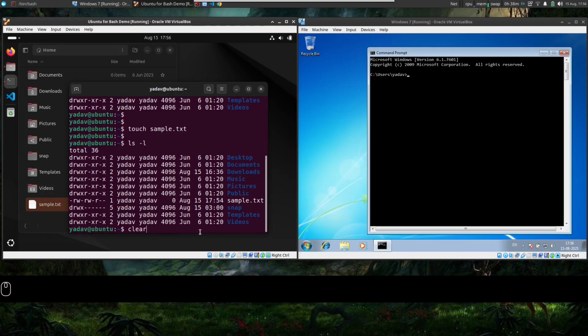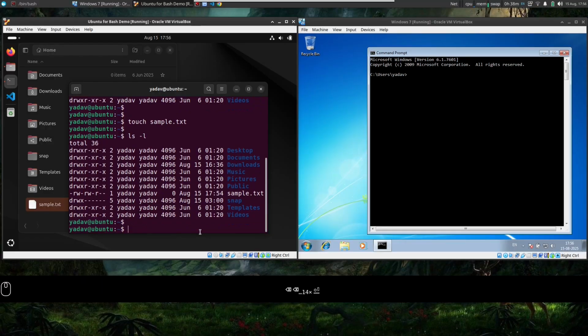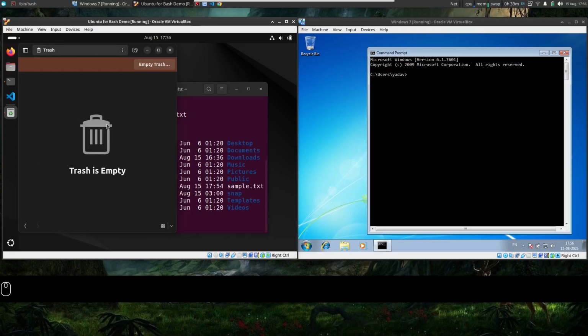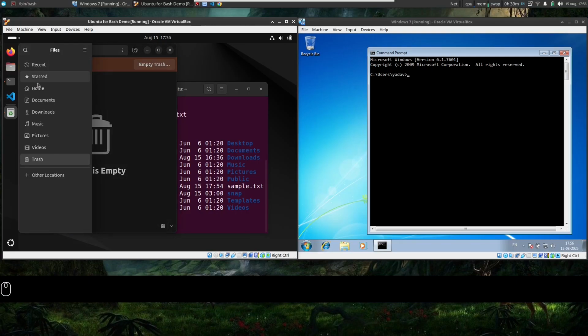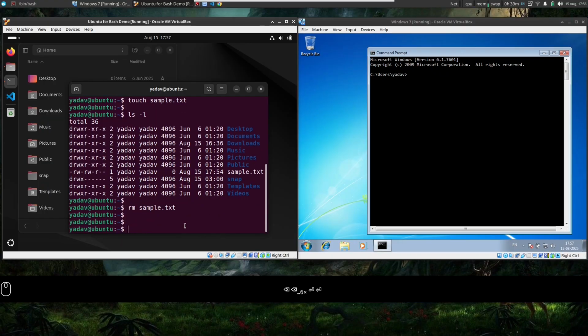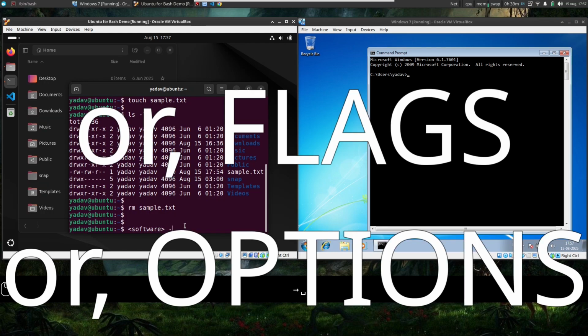Deleted and recovered. But if I do a delete operation from terminal, which is rm, which means to remove sample.txt, the file got deleted and it is not present anywhere. You cannot get that file back if you use rm. So rm stands for remove. The general format for terminal is, there is some name of the software which we are going to use, which are called commands because they are inbuilt into Linux, and then its switches with a dash.